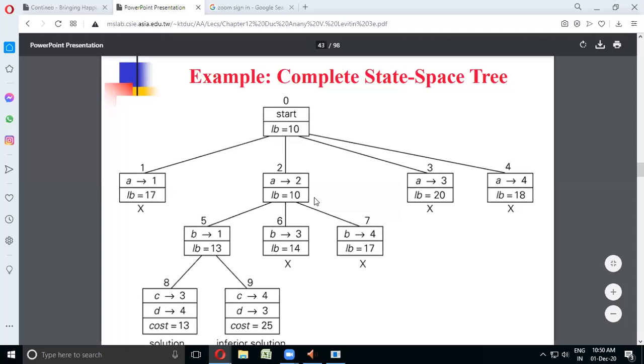Now I know that I'm going to assign person A the second job. Then in level 2, I have to decide which job person B should be assigned. Person B can be assigned the other jobs, 1, 3, 4 only. I cannot assign person B the second job. Among 1, 3, 4, since the lower bound is 13, I feel this is most optimal. Then I'm deciding the third person. Since person A is assigned the second job and person B is assigned the first job, the third person can